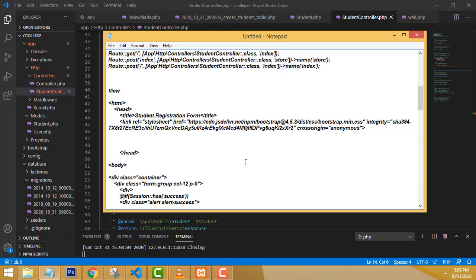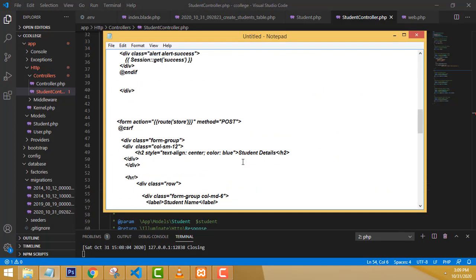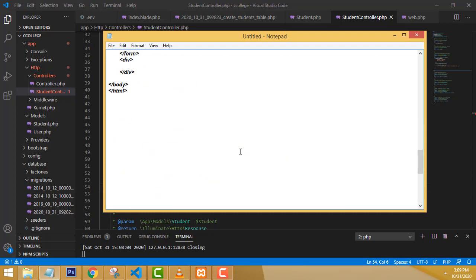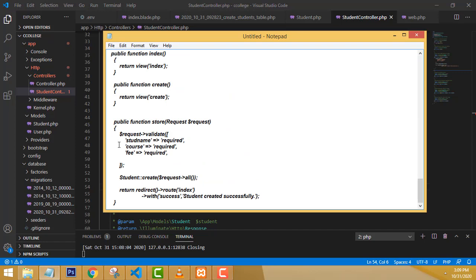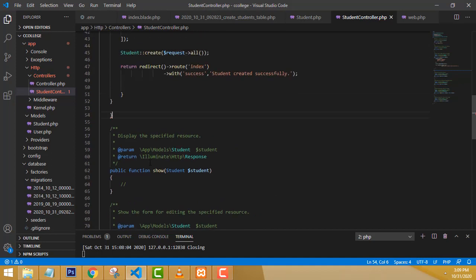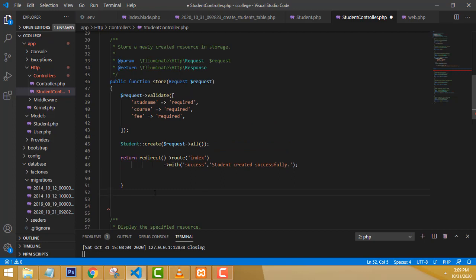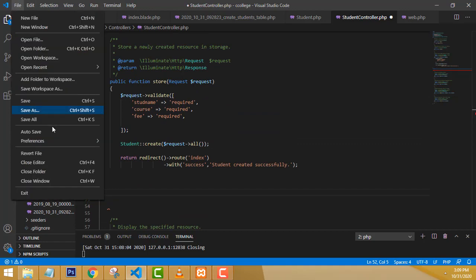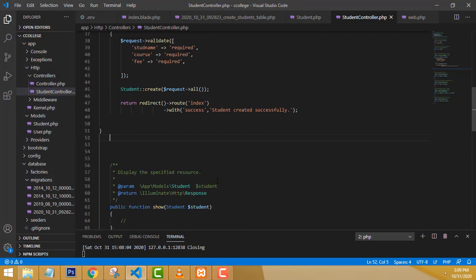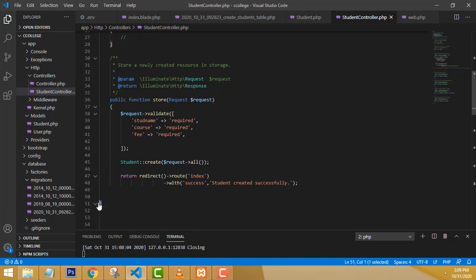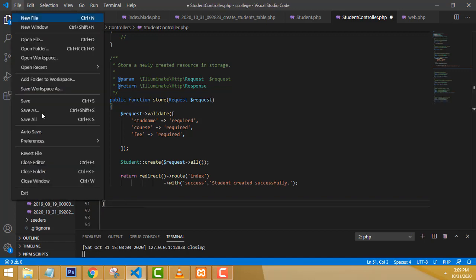Let's copy and paste the code. What might be the problem? The problem is this function started and I have put two brackets, that's the problem. So this bracket is not needed, right? Only keep one bracket, that's the error. Save all. Now it's success. This bracket starts here and closes here. Be careful when you are putting brackets: if it starts here, close it here, otherwise the error will be there. Now let's save all.